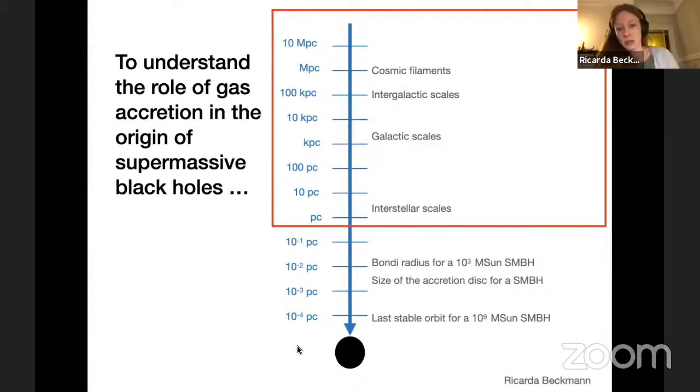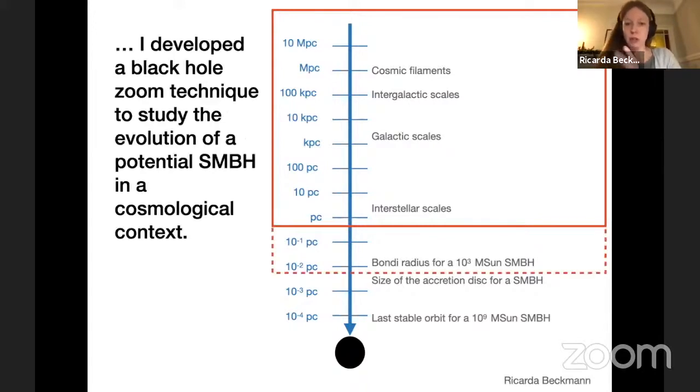But the problem is that you notice here that in this particular context, in many cases, the actual scales where the black hole dominates, so where we could really make a judgment on whether the gas is gravitationally bound to the black hole or not, tend to be unresolved in these kinds of simulations. So I spent a few years and a lot of time and effort trying to push the range of scales we can resolve in a single simulation near the black holes far enough that we can start resolving some of the gas flows right around the black hole and start understanding how much of the gas in the galaxy would actually be able to reach the black hole.